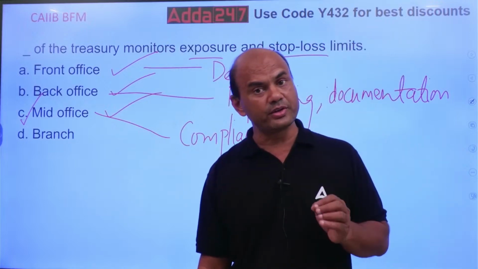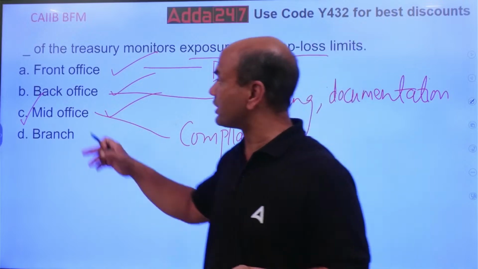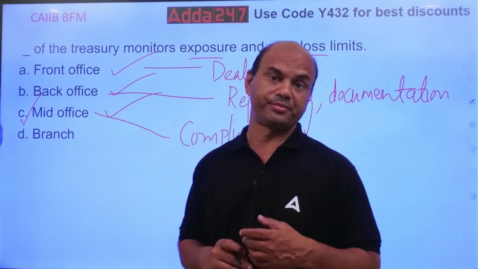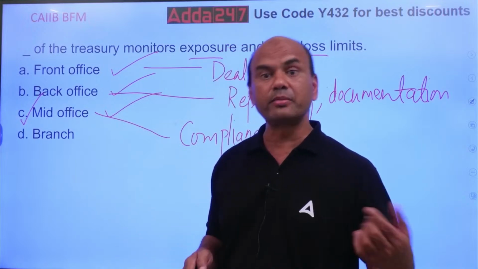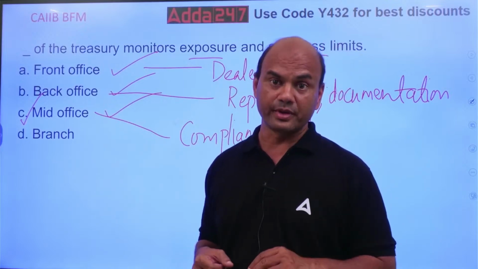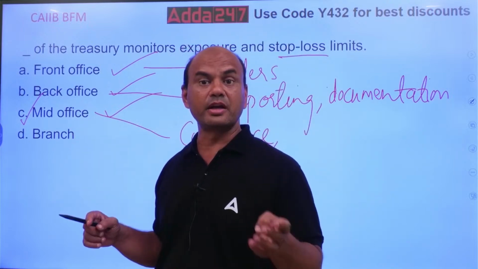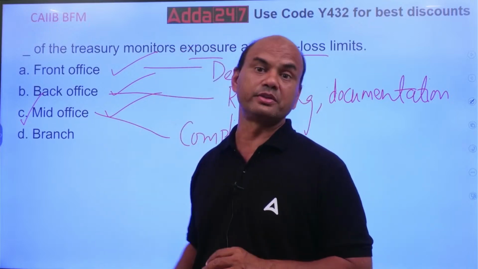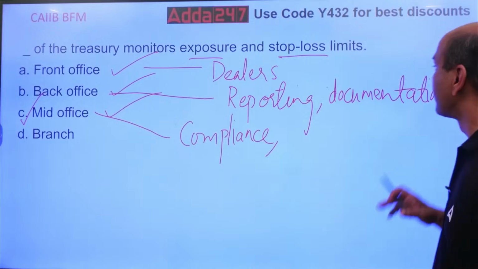Mid office is the main office because it's like the support group. It supports the front office. Suppose the front office wants to make a deal with some client, for that it will need the rates. Those rates, the latest ones, are provided by the mid office. So mid office does all the job: the compliance part, giving the rates, and actual deals are dealt with by the mid office only. These are just the front runners. So got the answer everyone? Next one.